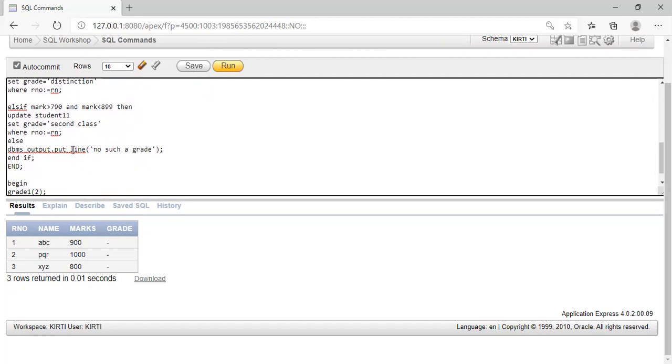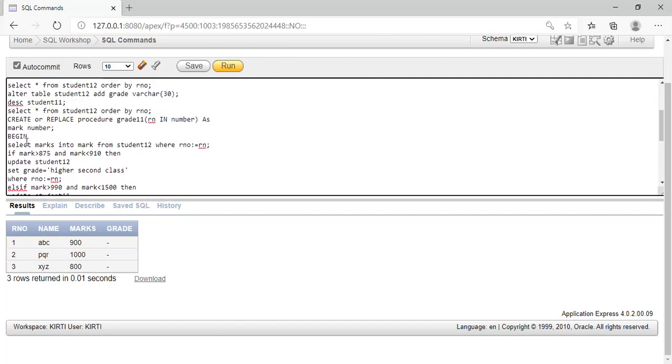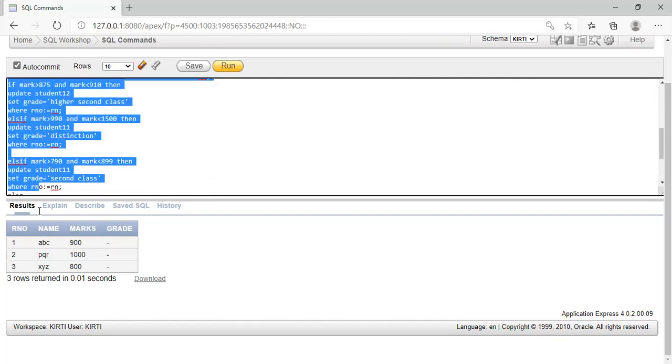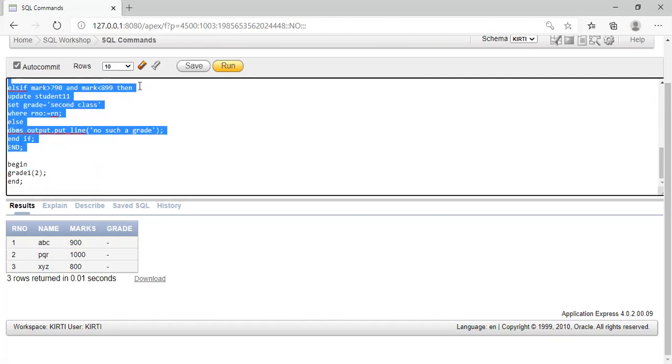Okay, and then when any one of the conditions gets satisfied, the grade gets calculated. Otherwise, dbms_output.put_line 'no such a grade'. Means if your marks do not lie in any condition, the 'no such a grade' message will be printed on the screen. And so this procedure we have created for calculating the grade of that student.